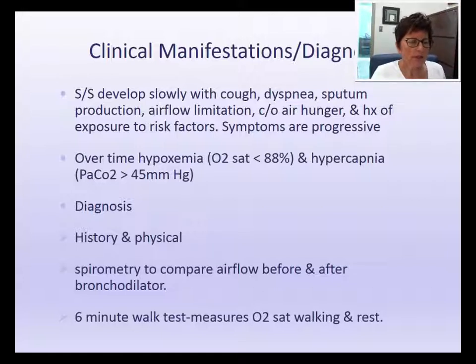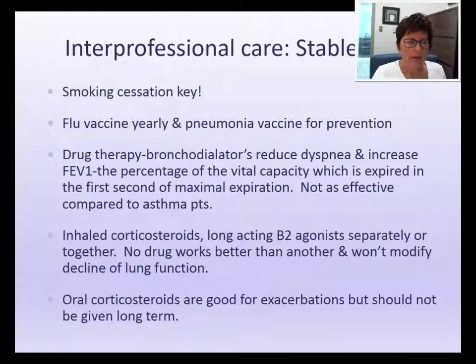So the diagnosis includes a history and physical, and the pulmonary function test to compare airflow before and after a bronchodilator. If they have a good response to a bronchodilator, often that's one of the factors to help diagnose COPD. And they might have a 6-minute walk test, which measures the O2 sat walking and at rest. Smoking cessation is the key